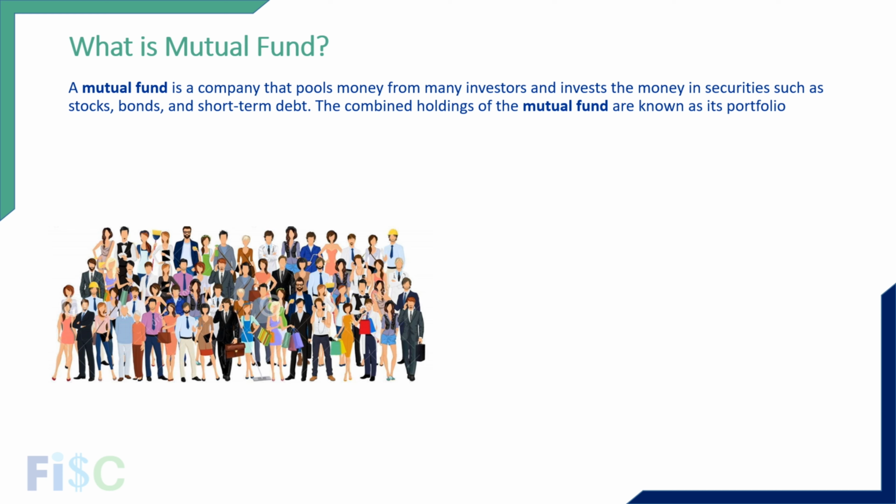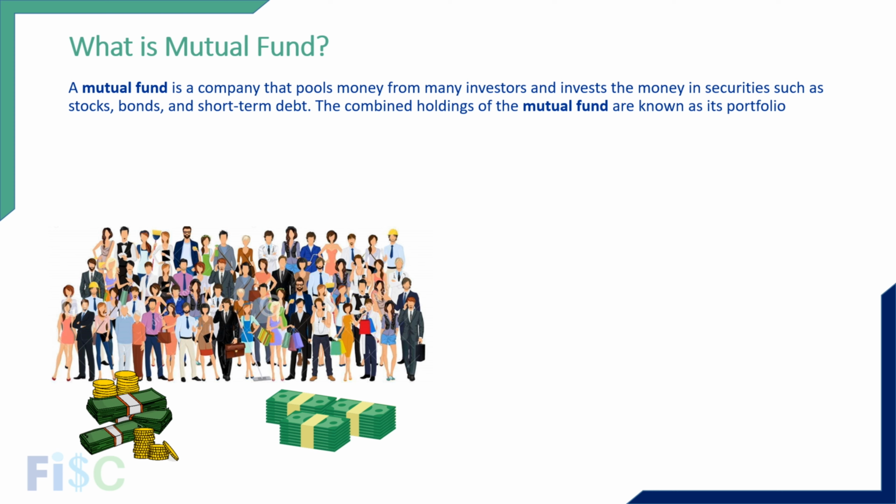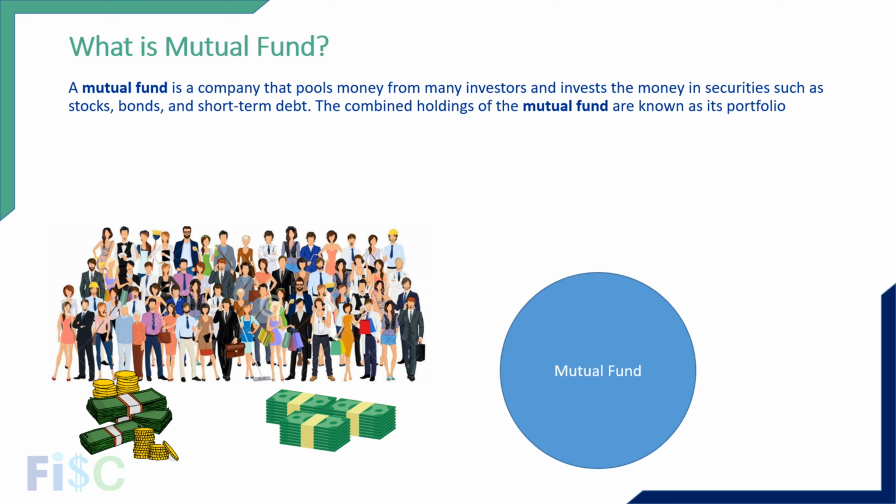If you can see in the picture, there are a lot of people with very different professions, and they have a scarcity of two things. One is knowledge about financial investments, and the second is time. Because of these two reasons, they really want their money to be invested by some experts who can give enough time to invest their money in secure and good securities. So that's what a mutual fund does.